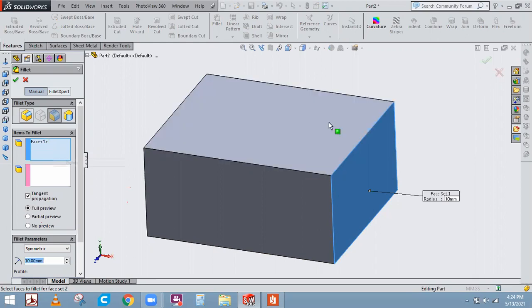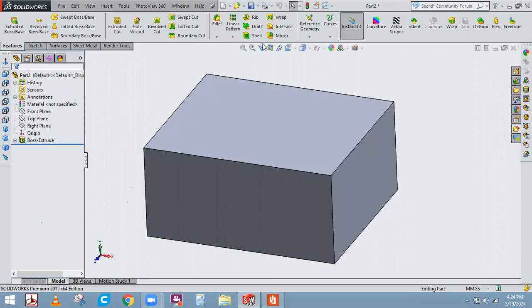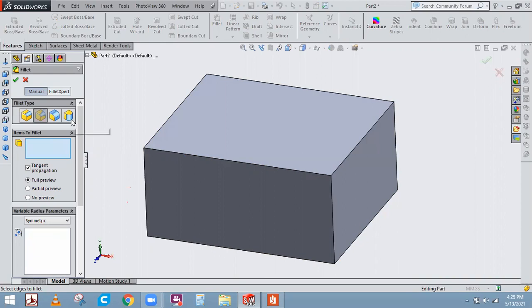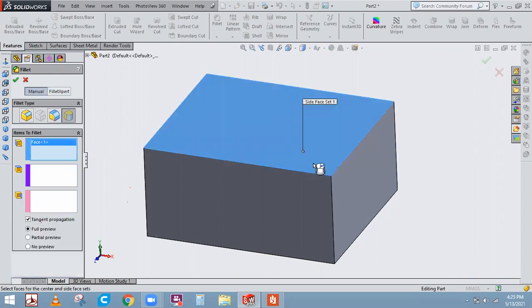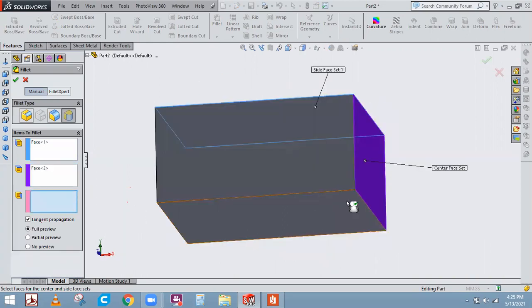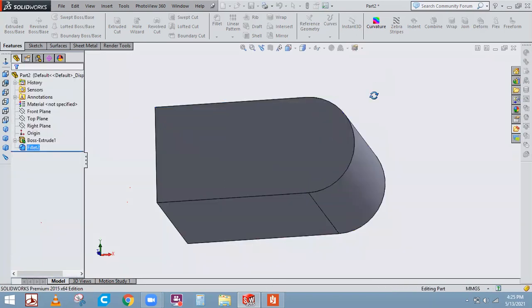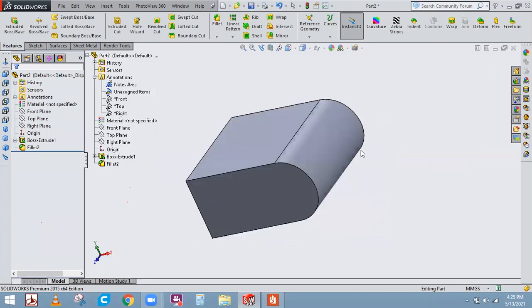That I'll show you. Just select this and this. So the common edge between these two faces will be filleted. The last thing is called a tritangent fillet, what we have learned. Just select this face. Click on this, select the middle face, and again select the third box and select this face. This whole face will be filleted. So this is how it will work.